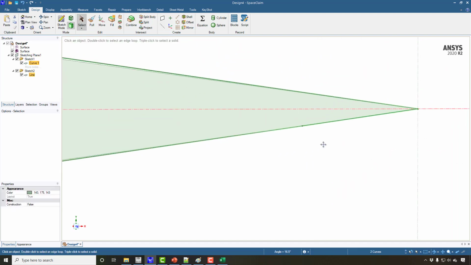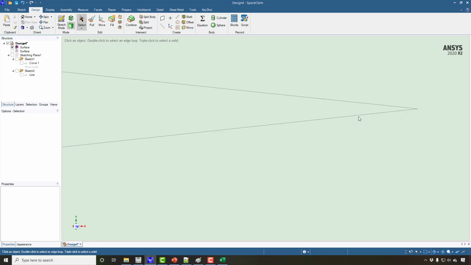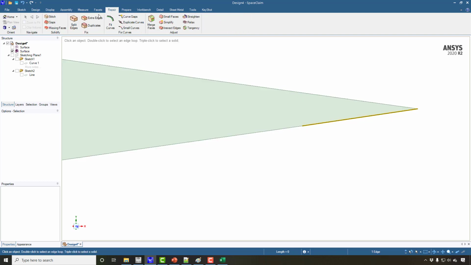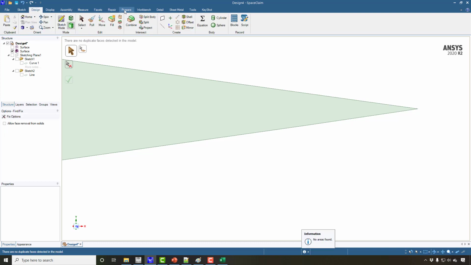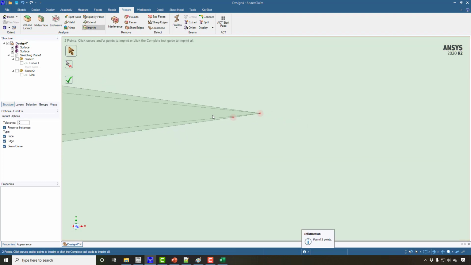In the curve maybe it's split, but in the surface it may not be. So I will just display this surface. It might be, but it will work here. So again, if you want to see split edge, it's not there, extra edge, no, duplicate, no. So everything is fine here. So I'm going to use the imprint command. It is already done.